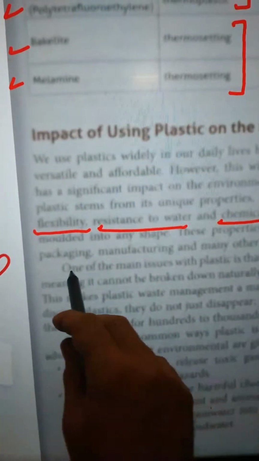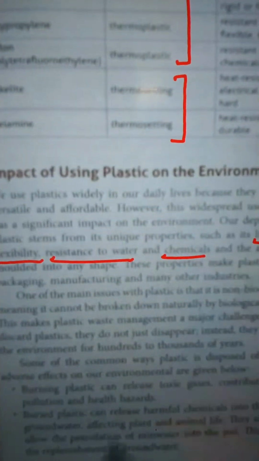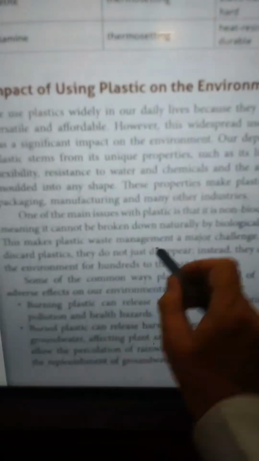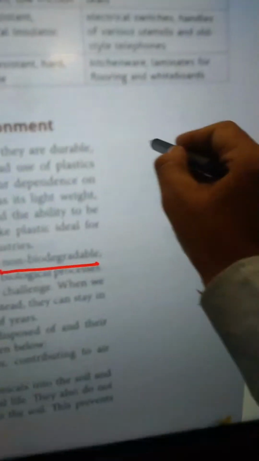So why do we say that plastic is bad for the environment? One of the main issues of plastic is that it is non-biodegradable. Non-biodegradable means it cannot be decomposed by bacteria. Like we discussed in class, when any living organism dies, the dead body is decomposed by bacteria